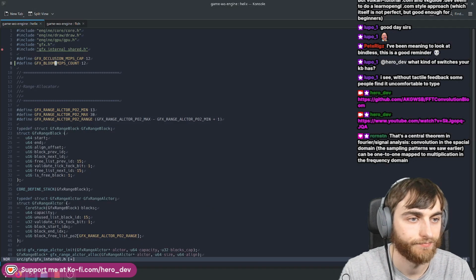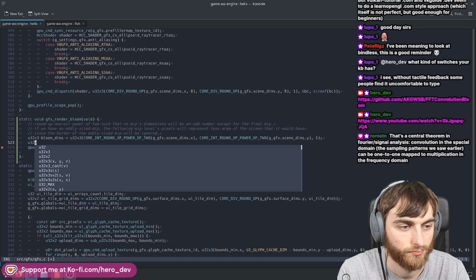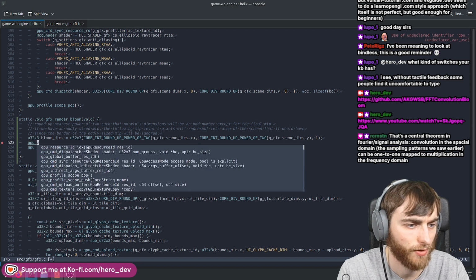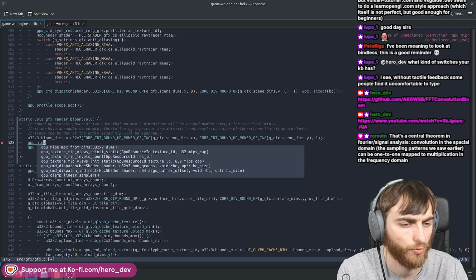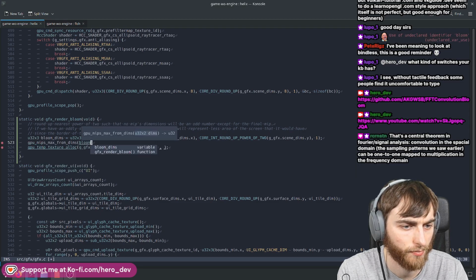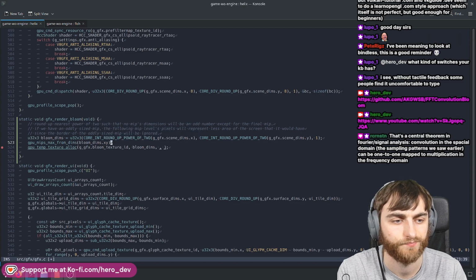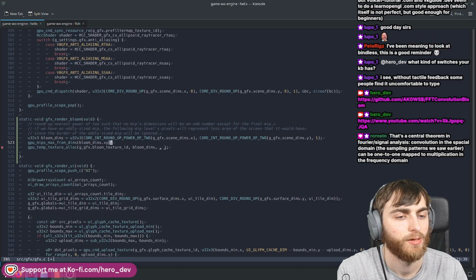I've already got a function called max mips from dims, so I can just put in the bloom dim .xy. That's if we did a full mip chain down to 1x1. So if we said down to about 8,